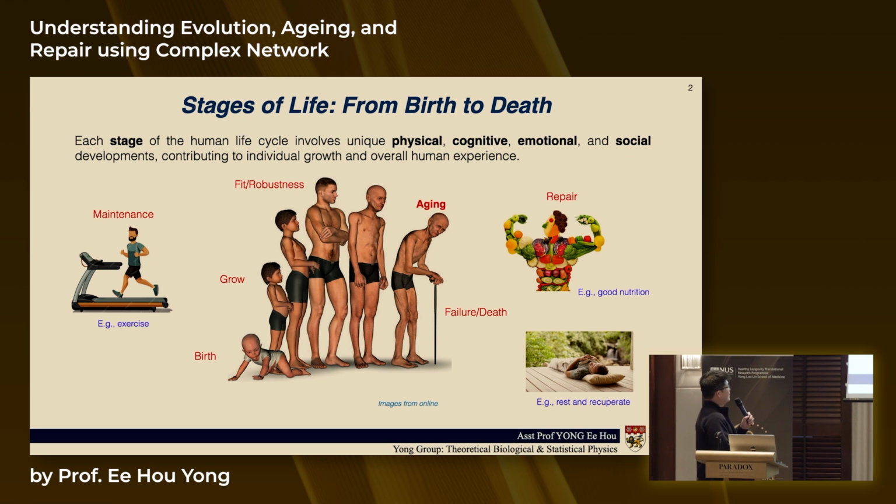When you think about fitness, you think of how to maintain. For most of us, we are adults, so how do we maintain or even repair our body, right? How do you couch these terms from a computational complex system perspective? My talk is going to describe all these phases or terminology.